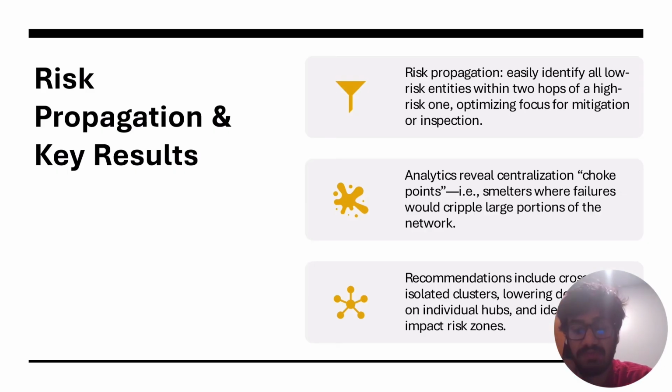The other question we have is our choke point discovery. Our analytics reveal centralization choke points. Choke points are particular points that have a single pathway through them, and there isn't a path that goes around it. So if a choke point faces difficulty, the entire business or the supply that goes through those points and the points in the connected steps fails,